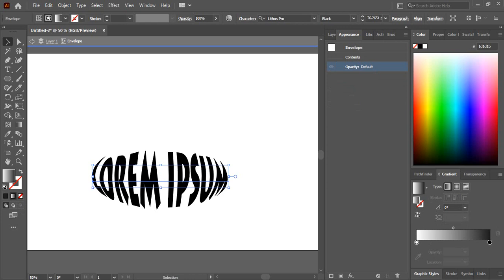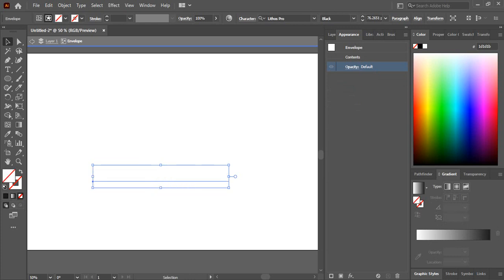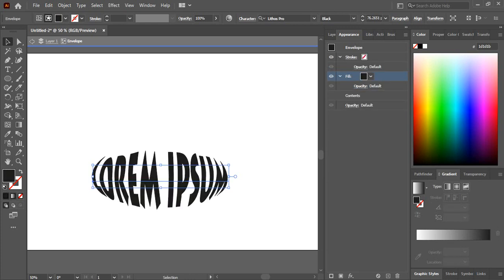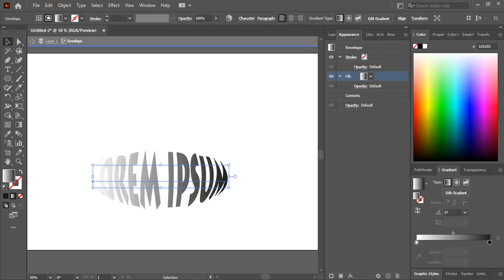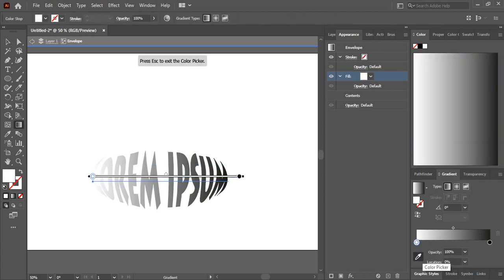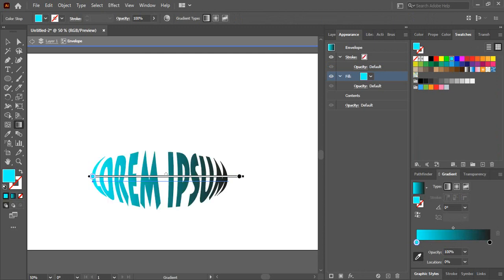Like see this, the gradient is not working. But if you give it none, then give it a fill. After giving it a fill, you give gradient, it will work very easy. Go to swatches, go to